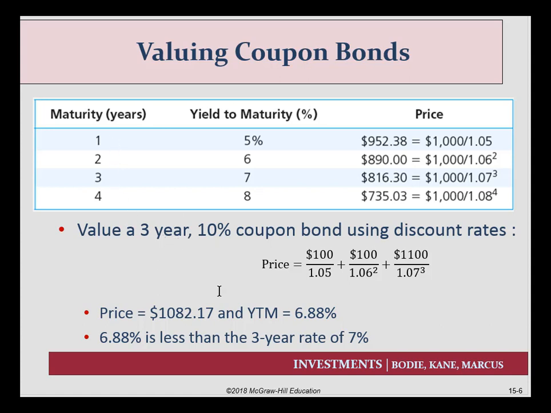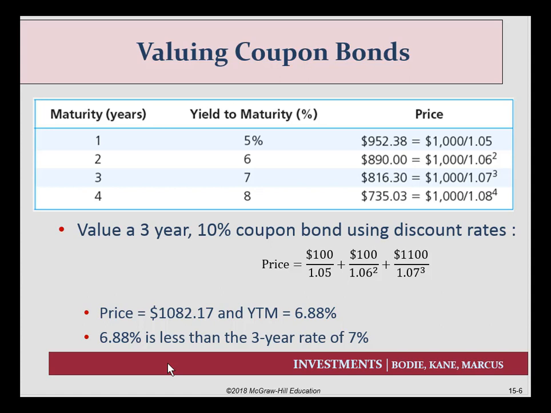a bond for 3 years, a 10% coupon. If you're using this discount rate, the price of this bond should roughly be $1,082 over the 3-year window. The yield to maturity then of the bond is about 6.88%. Since 6.88% is less than this 3-year rate of 7,